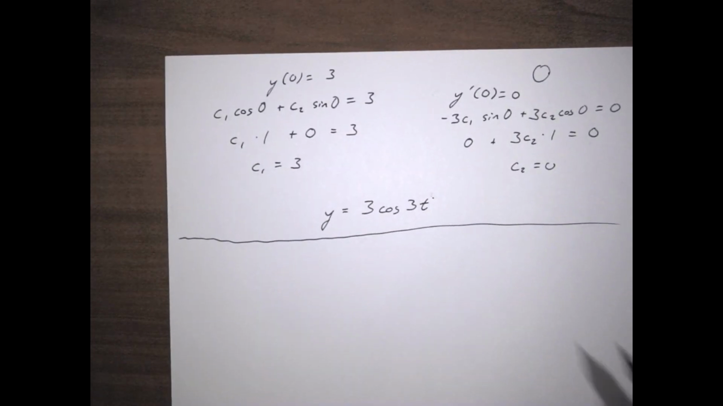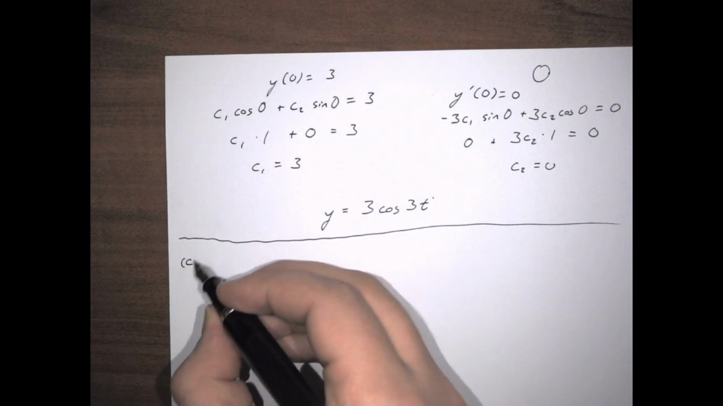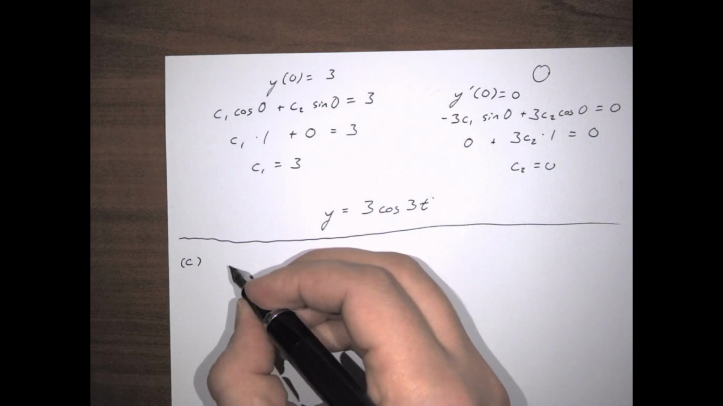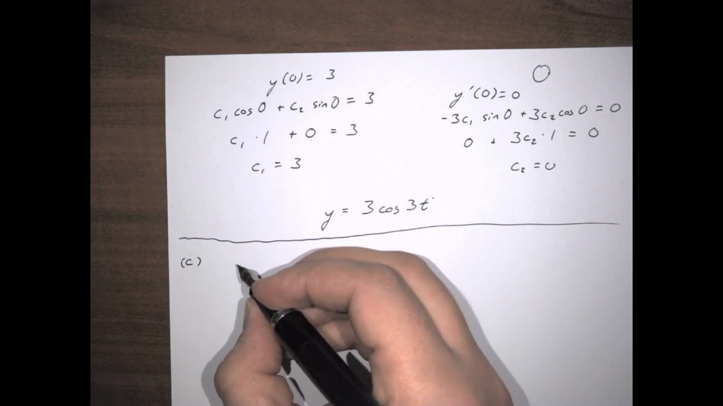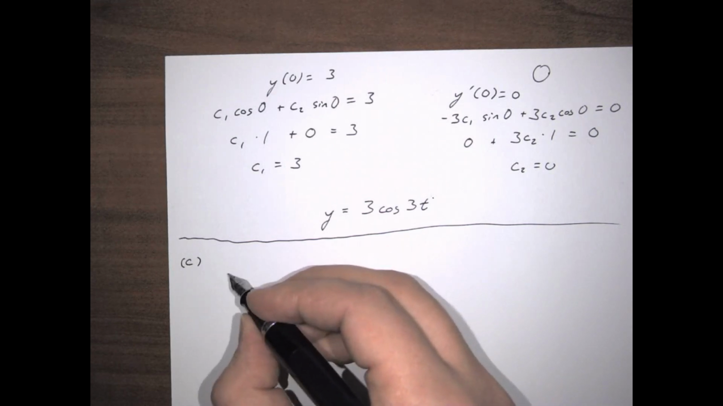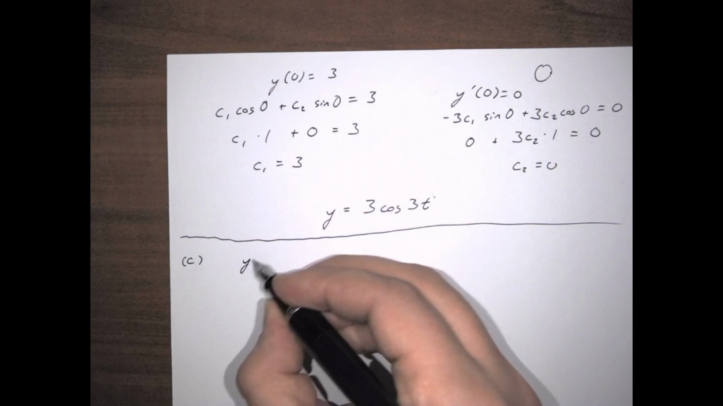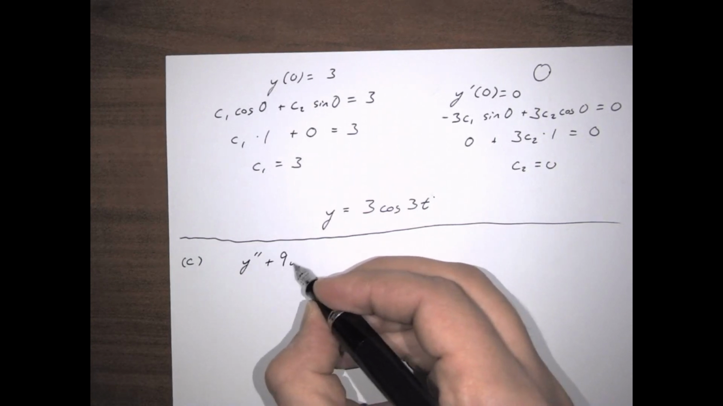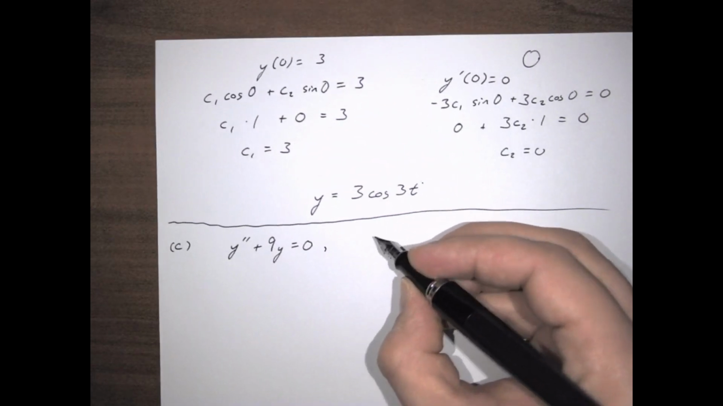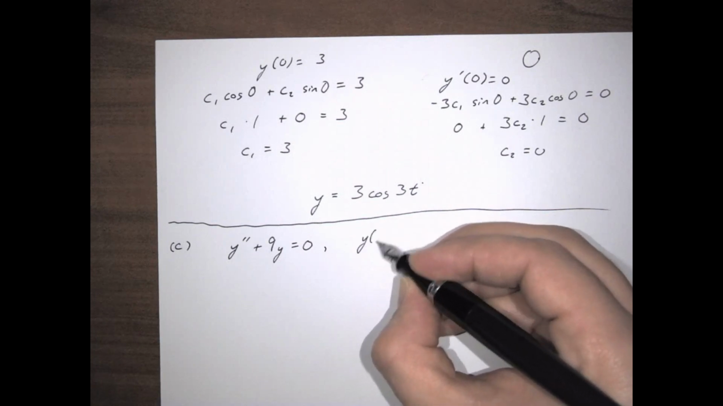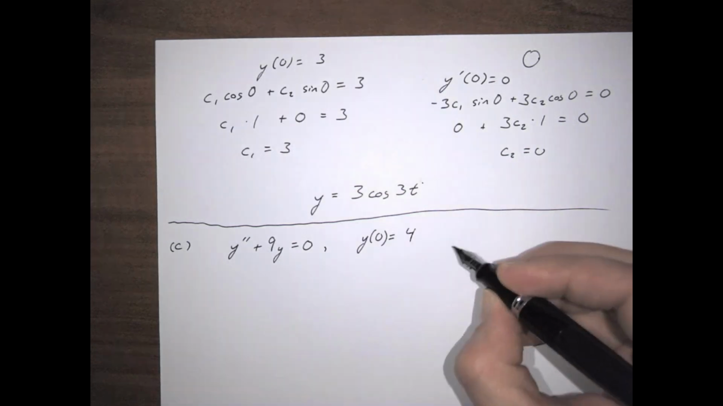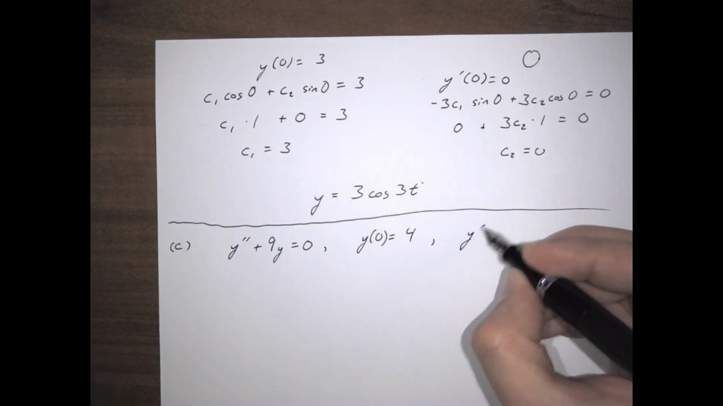All right, now let's try another one here. Let's try one like this. So what we're going to do is actually recycle the same differential equation, but we will now convert this from an initial value problem to a boundary value problem. So we're going to say that y double prime plus 9y equals 0. We are going to say that y of 0, let's say, is equal to this time 4, and y of pi